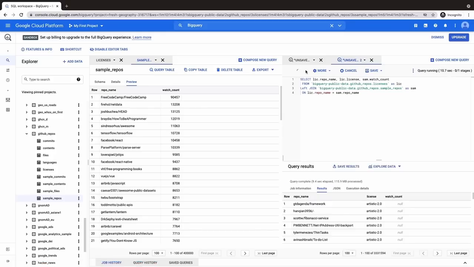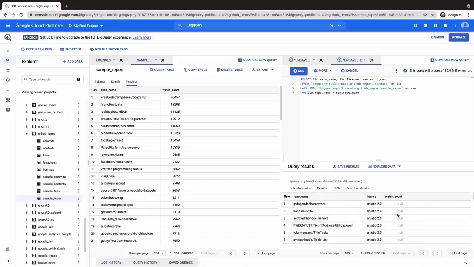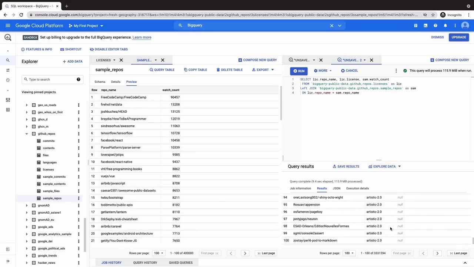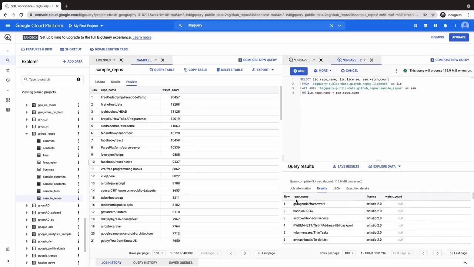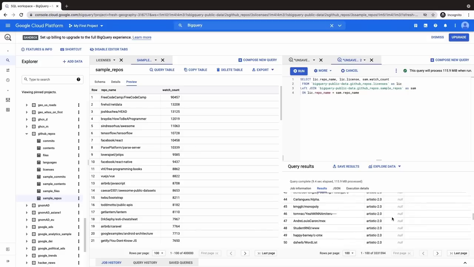It tells us that for the cases where you find null, you do not have the repo name in the sample repos table. So this is just a way to pull this type of data that, basically, you're trying to get all the repos that have a license. And if these repos have a watch count, then you want to include it. And so you have some null cases, but you have some numbers in the cases where they